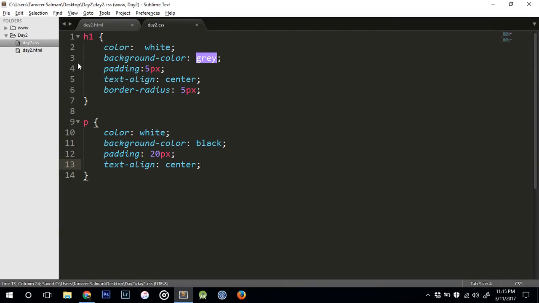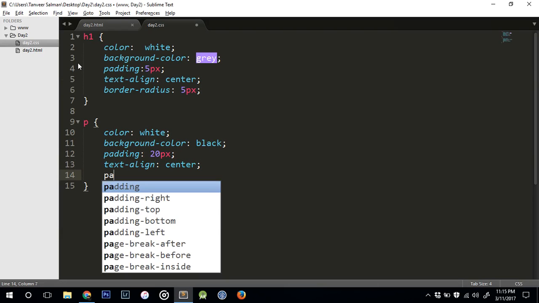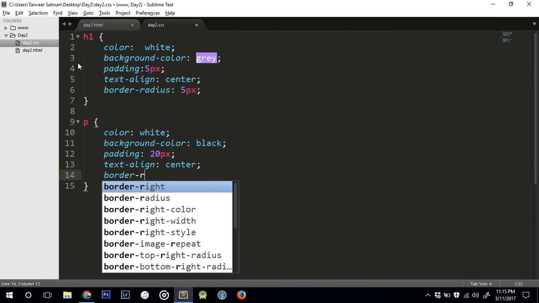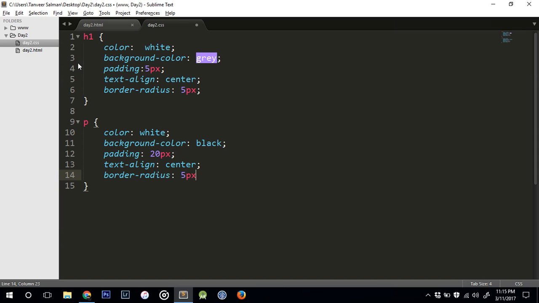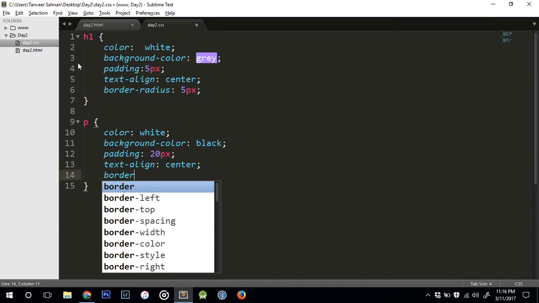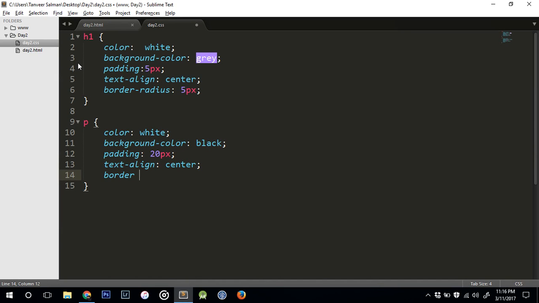Yeah, and you also come into this area, and you can also do border radius by putting 5 pixels, and you can see that. Or you can also do something else: you just write border and it has 3 attributes. First is the pixels, 3 pixels. After that is the color, it should be green just for example, and also which type of border you want. You want it solid, you want it dotted, it's up to you. As for example, I will just say it's solid, and